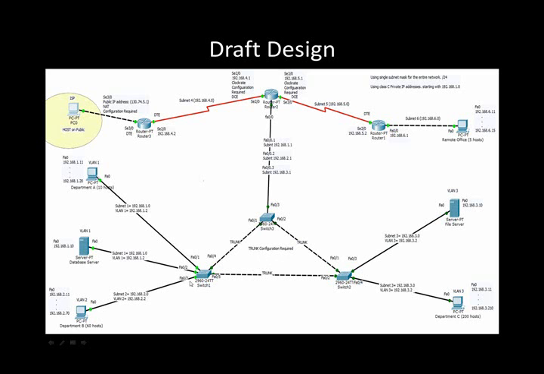So on switch 1, we have 2 VLANs. VLAN 1 is department A with the database server on it, and the IP addresses as seen here are 192.168.1.11 until 192.168.1.20, and VLAN 2 consists of 60 hosts, which is department B, and as you see here, IP addresses start from